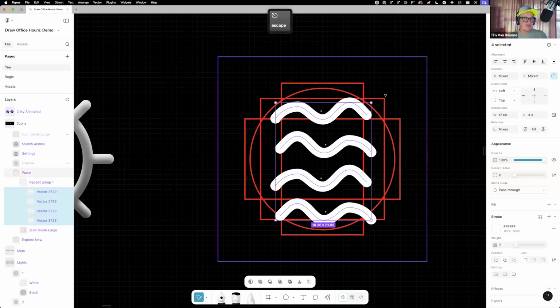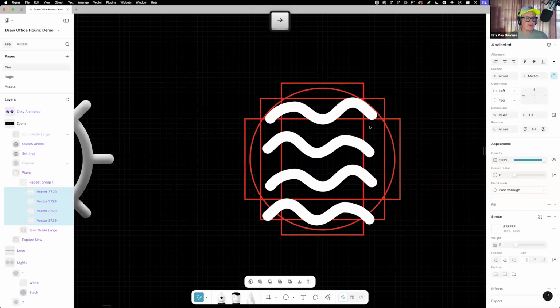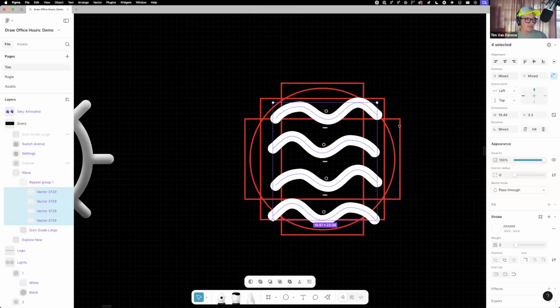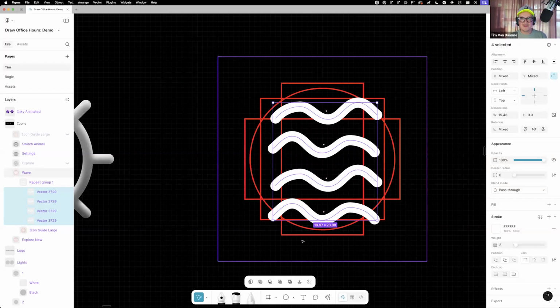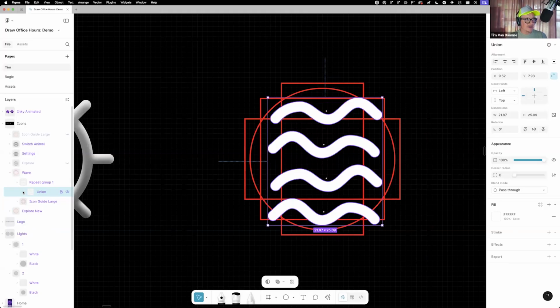So we have this. Balance it out a bit. There we go. I'm going to union them. Union is one of the four Boolean operations that we support. They used to be a little bit hidden, but if you're in draw mode, they are right here at the bottom. I can click it here, but my favorite way of doing this is still using a shortcut. So I'll hold Option Shift U, and now they're all inside one union,